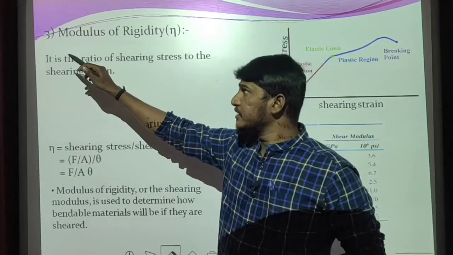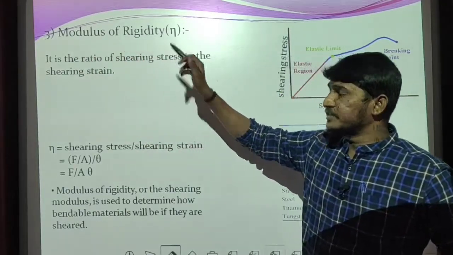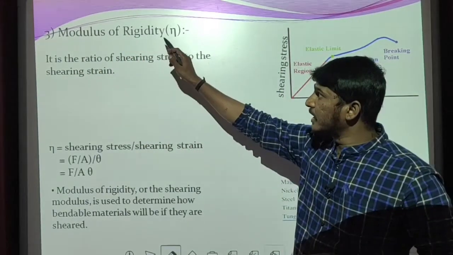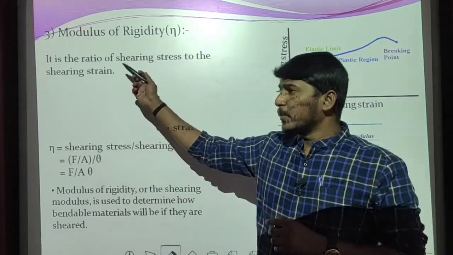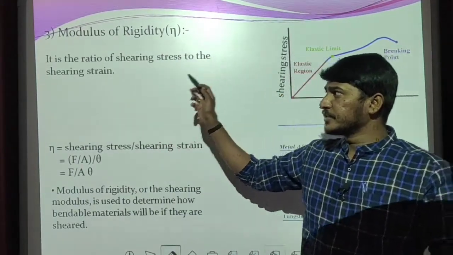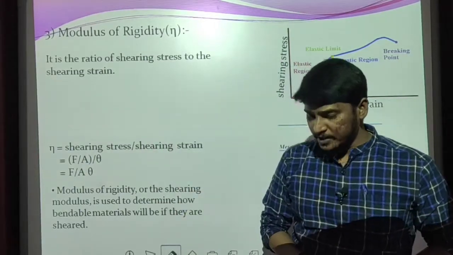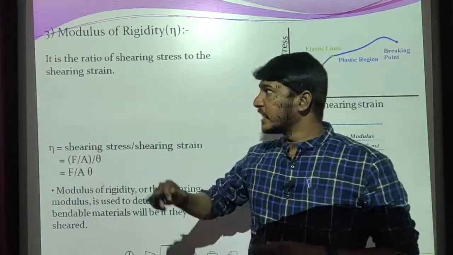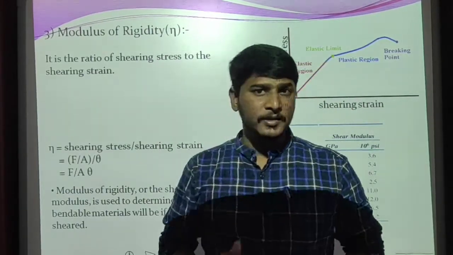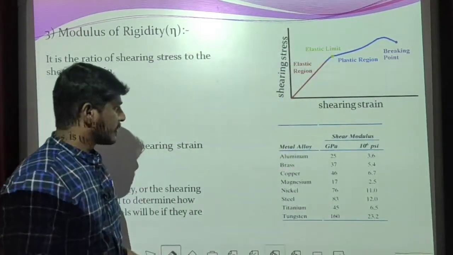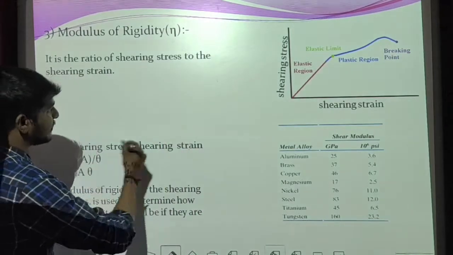The third one is modulus of rigidity, and it is denoted by the symbol eta, and it is the ratio of shearing stress to the shearing strain. Okay, now let us try to explain modulus of rigidity by taking one example. Here what I am going to do, I am going to take